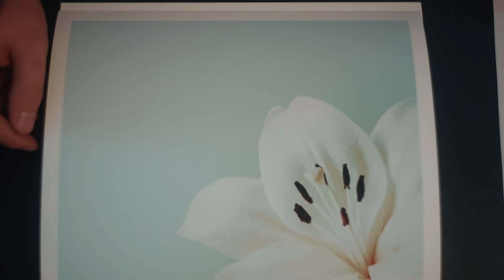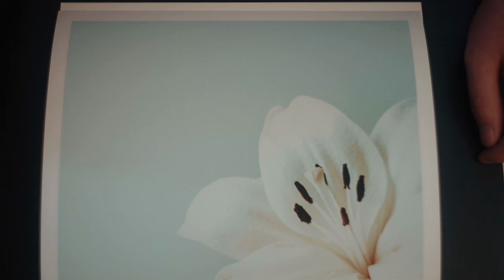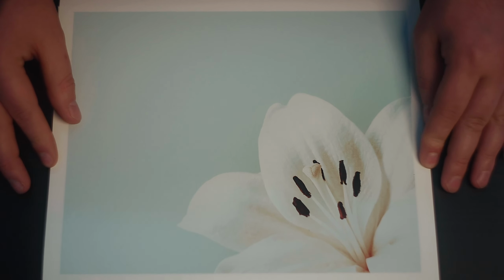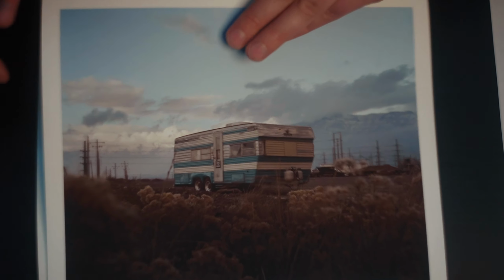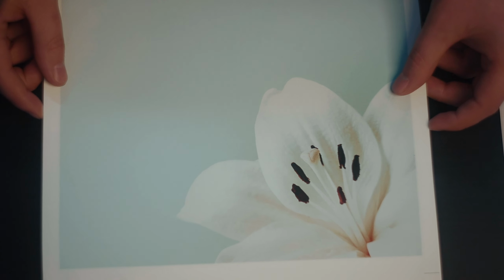So at the end of the day, what you're going to have to do is just look at the difference and say, is it worth it to increase the price this much for me on the front end before even talking about making money? But personally, for this, the upgrade from that gloss to this matte is definitely worth the price increase. So this final,